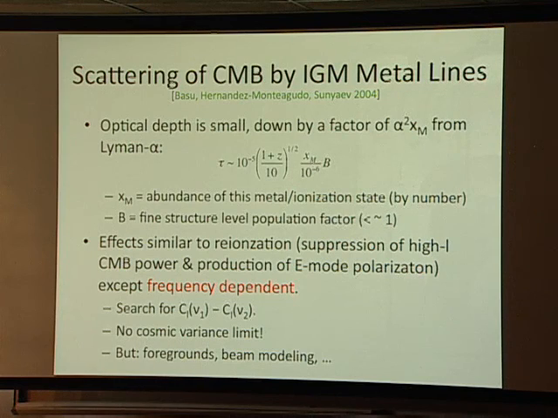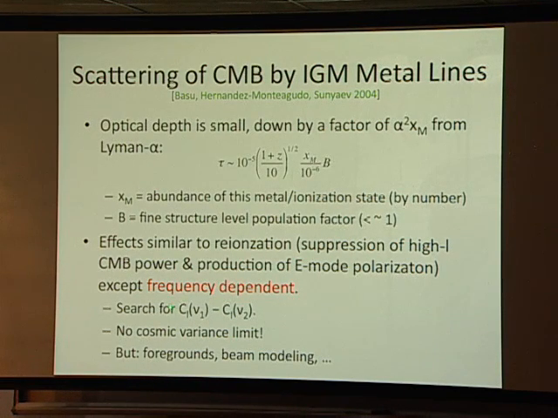So what are we looking at here? Well, the optical depth to scattering in these lines is small. If the metal abundances are of order 10^-6, which is a reasonable guess for the intergalactic medium at pretty high redshifts, then the optical depths come out of order 10^-5. The effect of this on the CMB is similar to what reionization does. It appears at about the same time. It has a lower optical depth, except that it's frequency dependent. It's a line. It's not a uniform distribution of electrons.